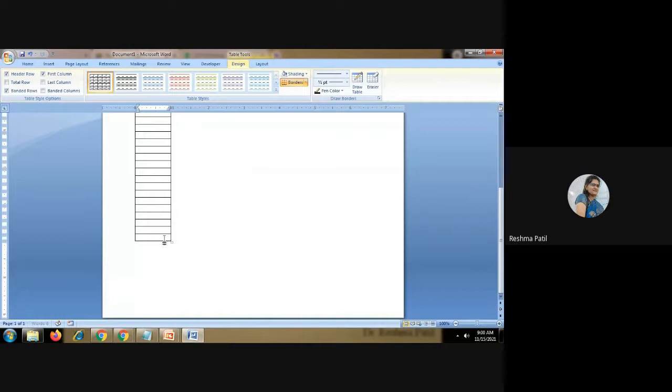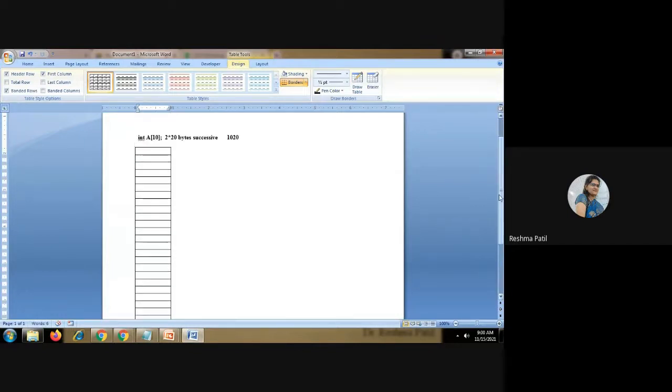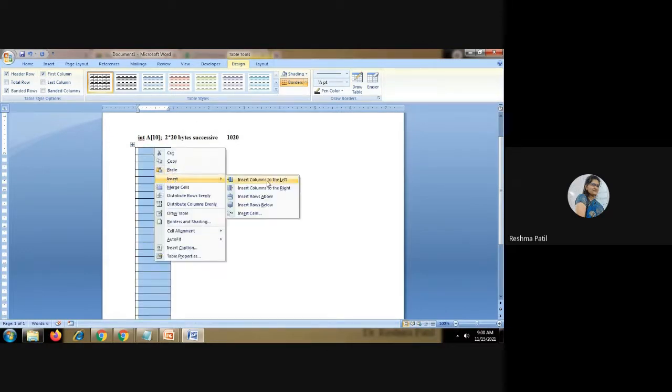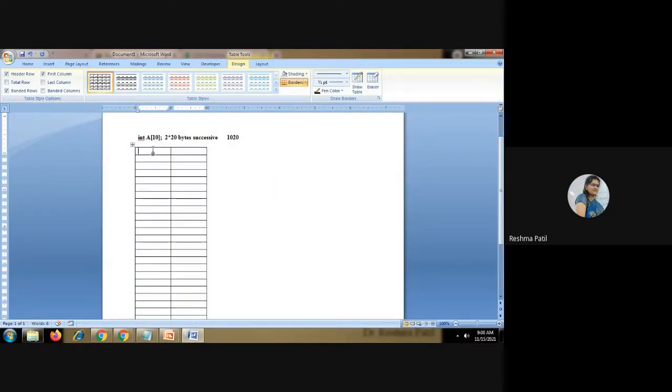So suppose this is your memory. I will add one more column. This will show the memory location, and this will show the content.